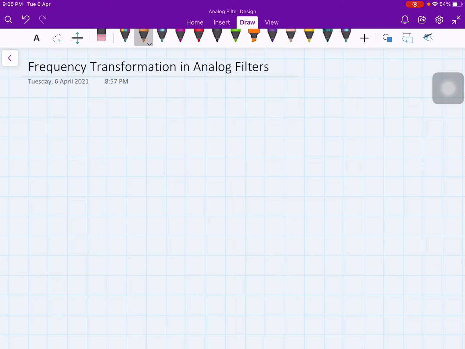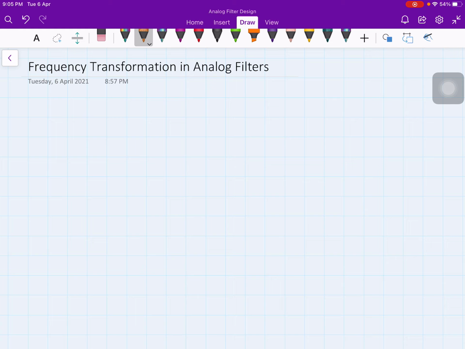Okay, so in the last 4-5 lectures, we have discussed the analog filter design, especially how to design a low pass filter from the given specifications. Now that is not the end of the story, right? With the low pass filter, you have to somehow convert to high pass filter or band pass filter or band stop filter. Okay, so now let us see how to convert or transform this low pass filter into